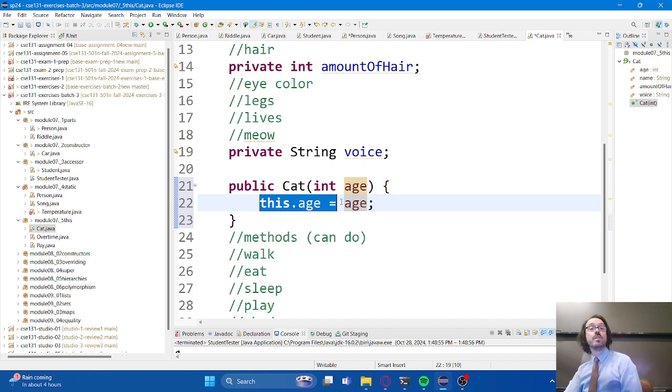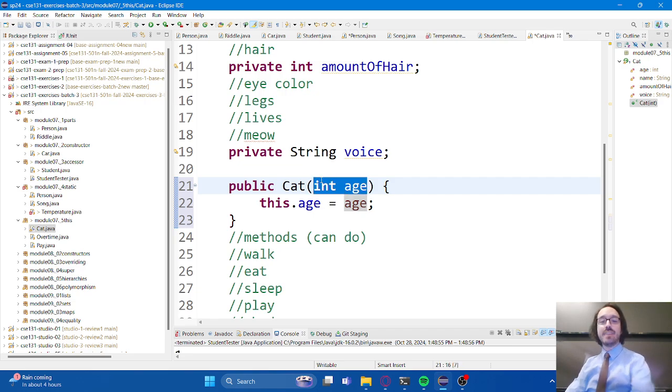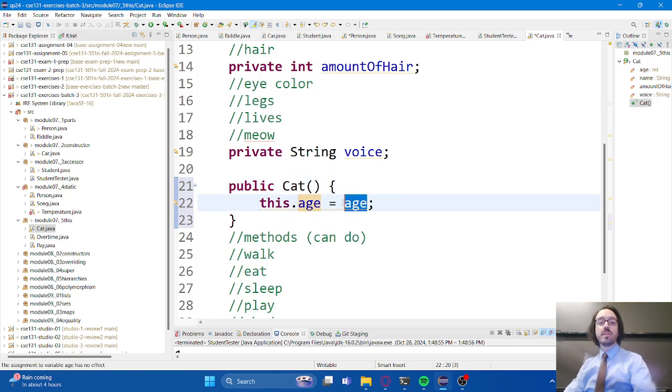But we could do it this way. This way isn't necessarily wrong, but if I wanted to code it the way that I'm describing, where every cat has an age of 0, I can do that as well. I can say, I actually don't need this parameter. I'm going to set this to be 0, and now every cat I create is going to start with an age of 0. Every single one.